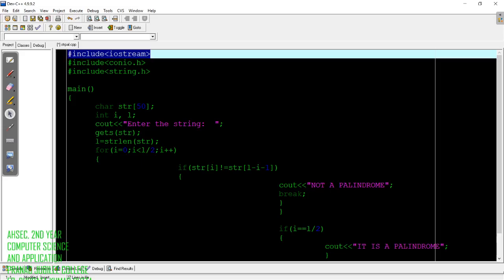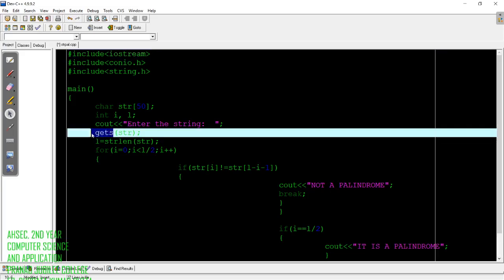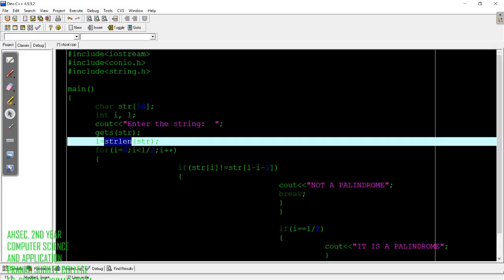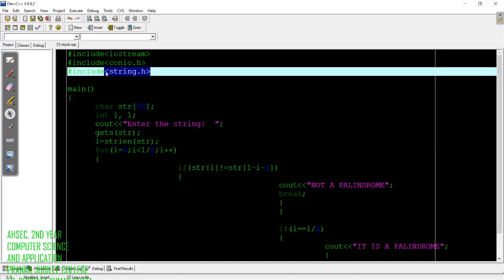Similarly for gets, which is a string function, or strlen, which is a string function, there are many different string functions. Those function definitions are in the header file string.h. So whenever you are using a string function, you have to include the header file string.h. Don't forget it or it will show an error.